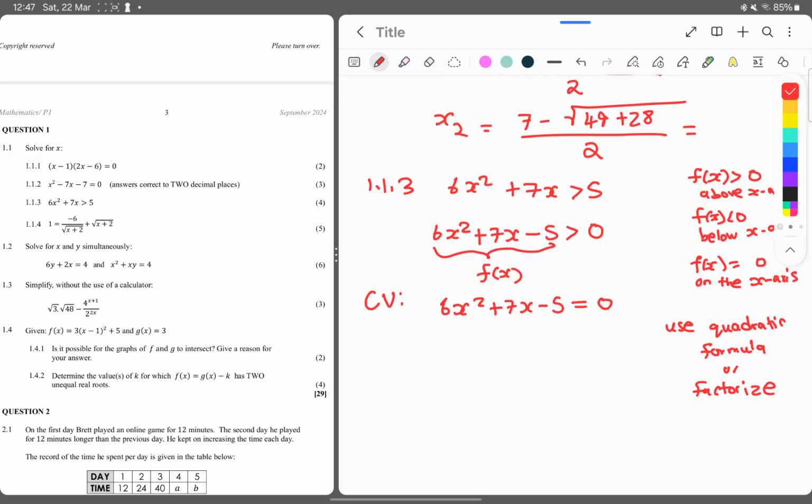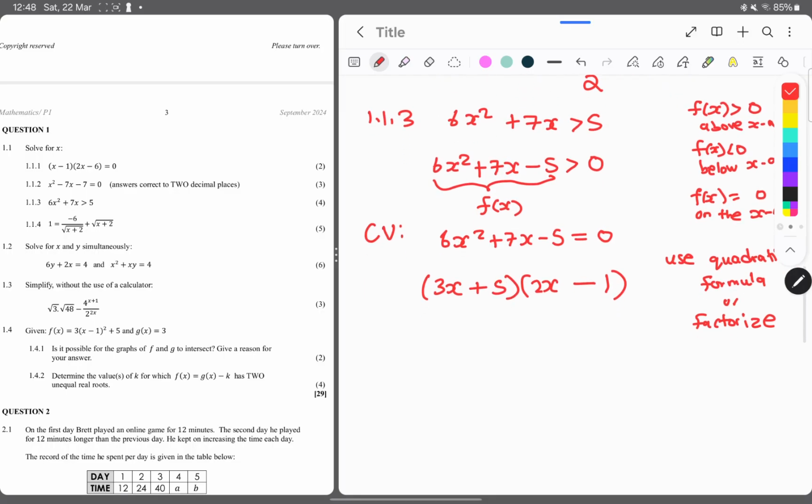But I am going to find the factors that will give me the middle term, which is 7x, and these factors are 3x and 2x. If I multiply 3 by 1 and 2 by 5, the middle sign is positive, so the bigger number has to be positive, and then the smaller number has to be negative. You will notice that I will get